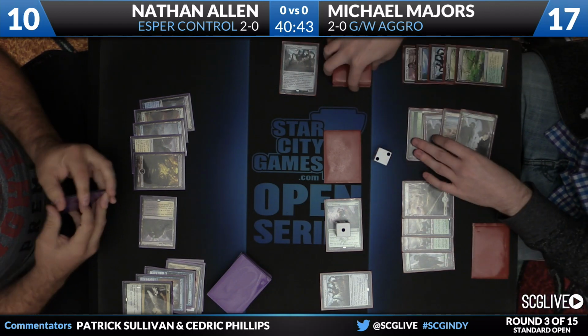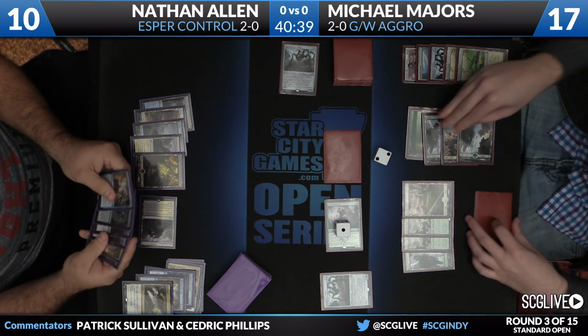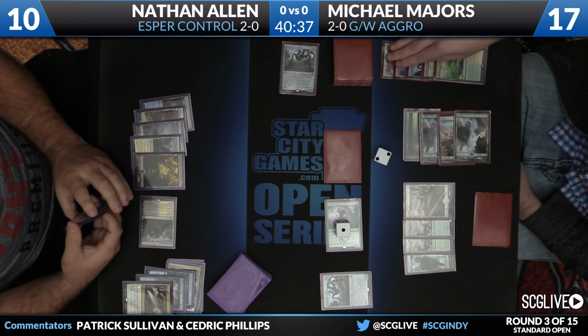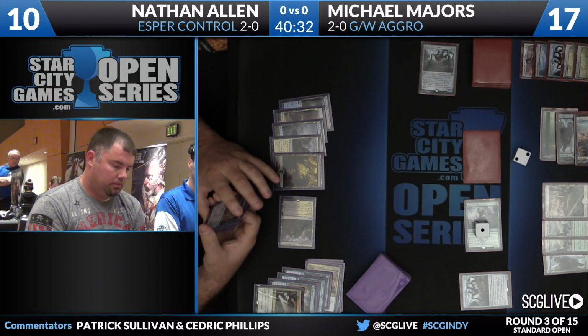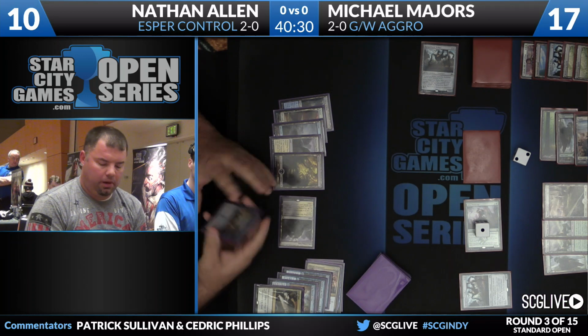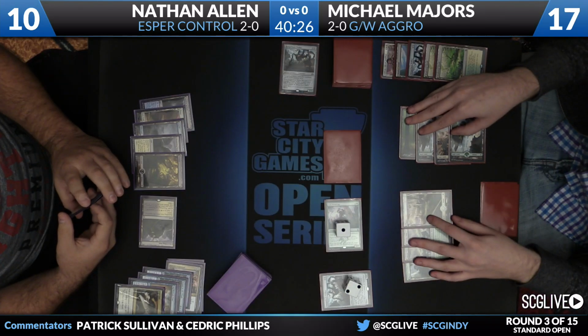Here's Hangarback Walker on 2. Love the way Majors is playing this turn. Could have cast Hangarback Walker on 2. You got an answer to that? Okay, I'll resolve Gideon. I could have cast it for more, but I want to be able to present both threats. This also means that this Hangarback Walker cannot be hit by Clash of Wills. Very important as well. I'm not sure if Majors is going to follow up with the Gideon necessarily, but